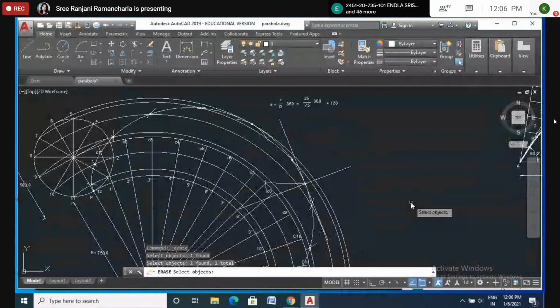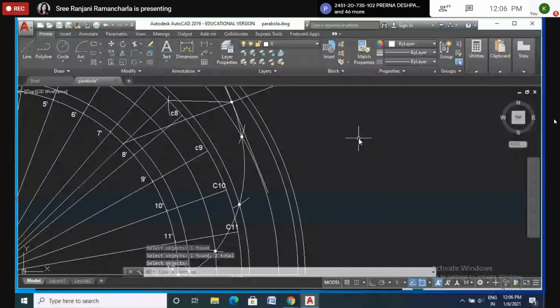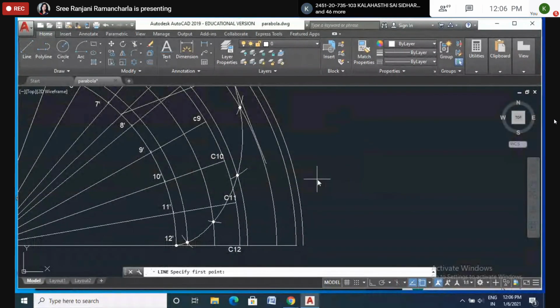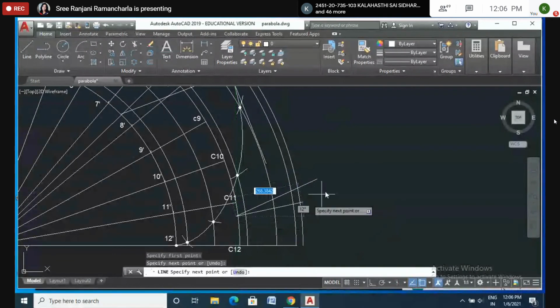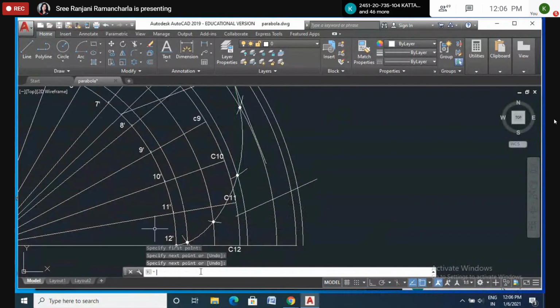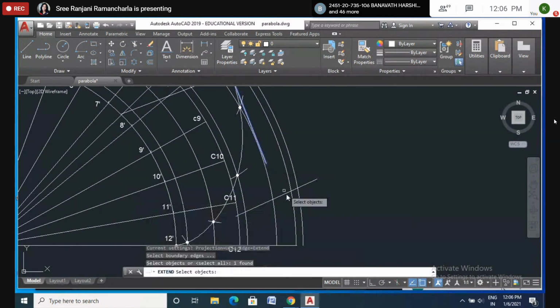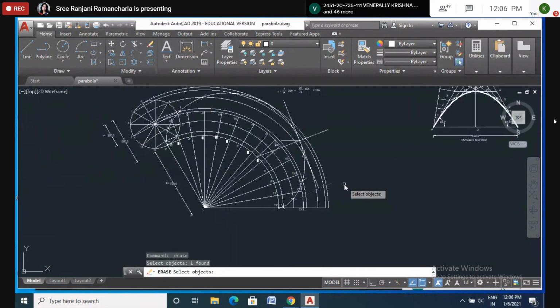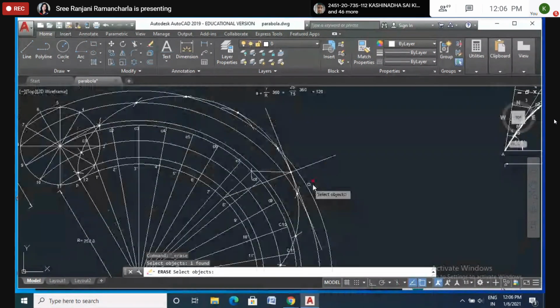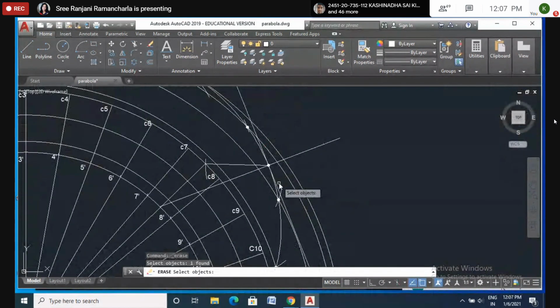Yes, remove this one. Now I want to extend this line also, so I will draw one more line. Here I am not satisfied with this line. Again, I will take the extend command. Enter, not extrude. Yes, I want to select this one and this one. Okay, the next one. Then I will delete this line now. Okay, now is it exact? Yes, it's showing exactly a tangent only. It's showing exactly tangent. Okay, is it clear now?